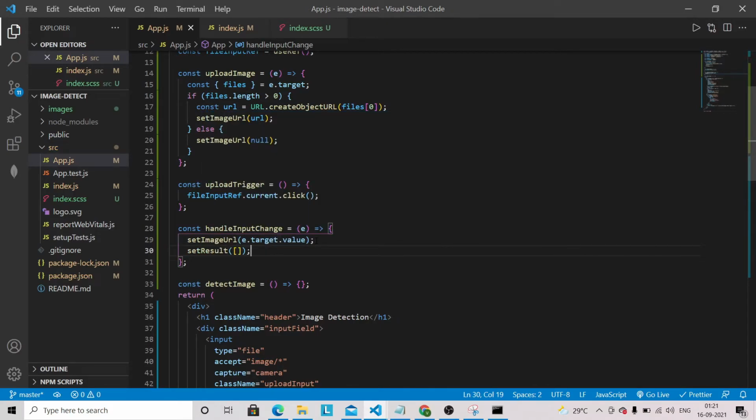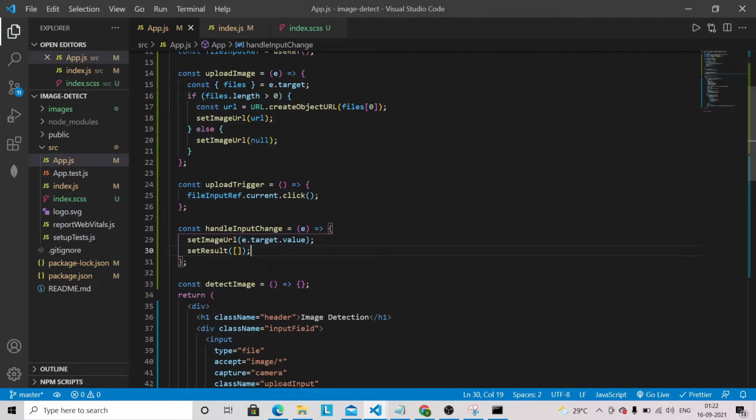Because if you upload the image and click on detect image, you will get some results. But now you are interested in pasting the image URL. So if you paste the image URL, I'm going to empty all the previous results that we have got by uploading the image. So that's why we are using setResult empty array. Okay, so handleInputChange is completed.